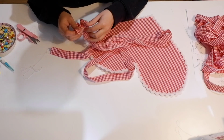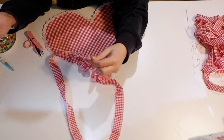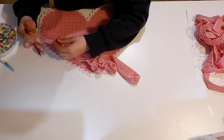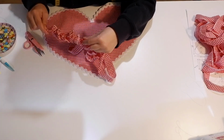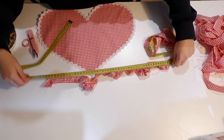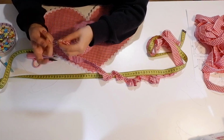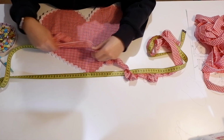And also for things like the skirt, I'm gonna show you a little trick where you're not gonna be doing the same basting stitch for the whole thing, because it's so long and it's like one continuous piece of ruffle, and it'd just be really, really annoying to use. The thread might snap. I pull on the threads, I tie them off on one side and then I pull on the other, until I have something that measures the perimeter of the heart, and then I know that I'm sort of ready to start